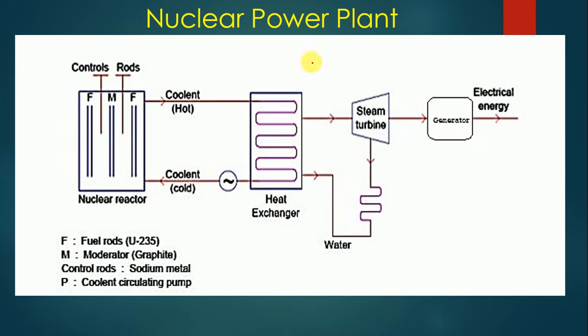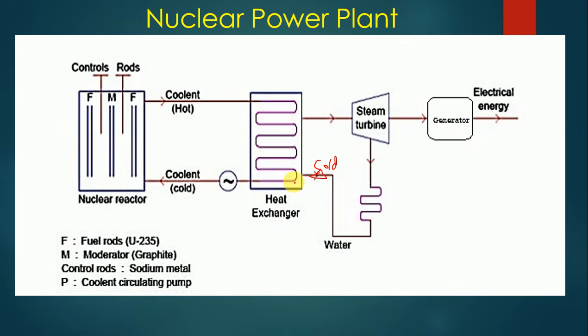Okay, so now let's see the various components. First, the heat exchanger. Here the arrow is something like this. With this we are giving cold water as inlet. This cold water will come in contact with this tube which we are observing. Inside the tube there will be heated fluid which is coming from the nuclear reactor. So heated fluid is passing through this tube, and outside of the tube we have the cold water.